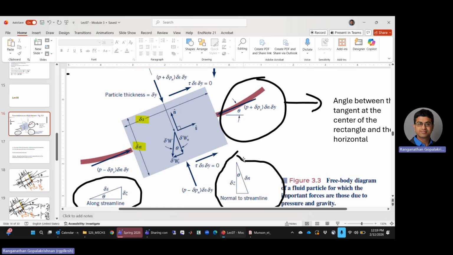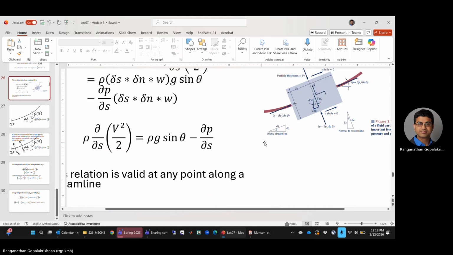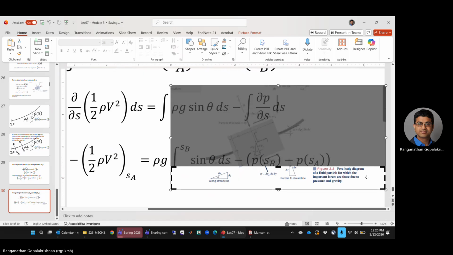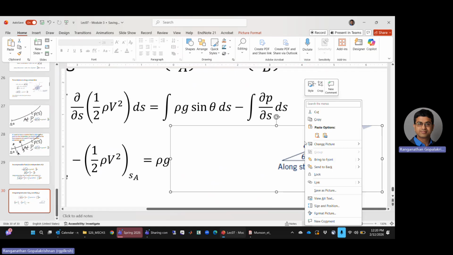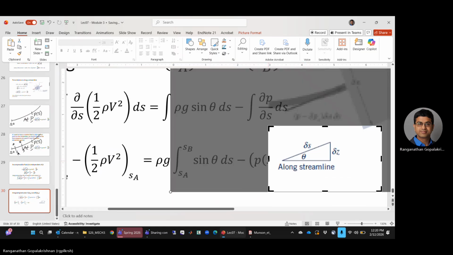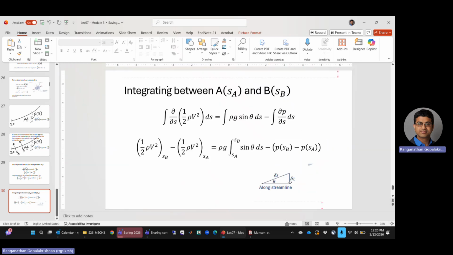So I'm going to take this, go back here. Copy this picture. I don't need the entire picture. I just need a small portion so I can crop everything else. And then make this bigger. Still crop it some more. Okay, good. So I have this figure here.